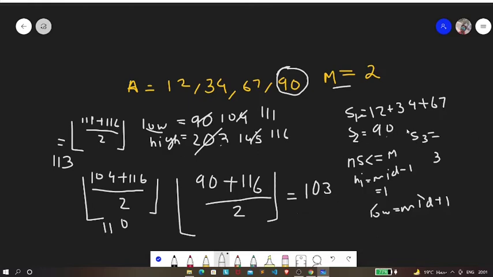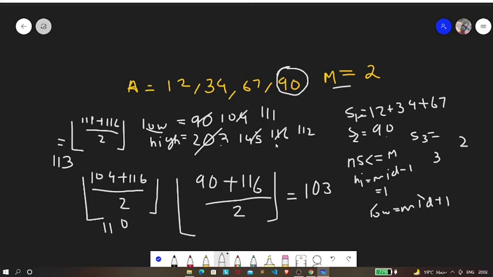and hence we find that this time the number of students is 2, right? And hence this condition is satisfied. So in our answer we need to update this to 113 because this condition is satisfied. So now again we are going to update our high, right, this time because this condition has been satisfied. So we need to make our high as 112.